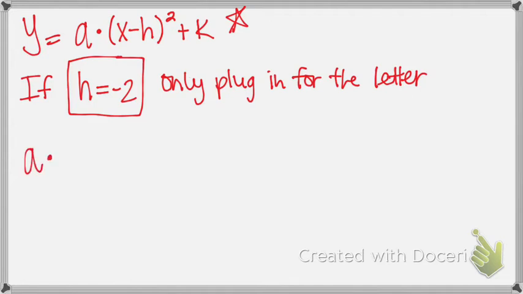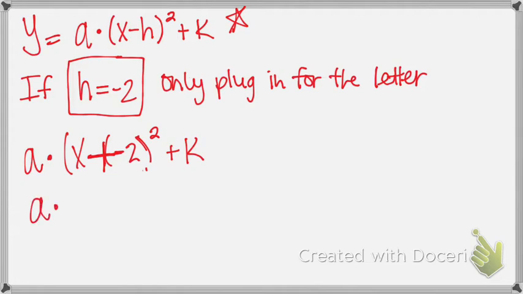A times x minus negative 2 squared plus k. Can I simplify? What do 2 negatives make? So let's just go ahead and connect these and make them positive because 2 negatives make a positive. So now we have A times x plus 2 squared plus